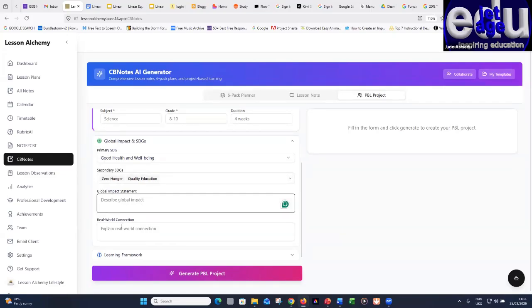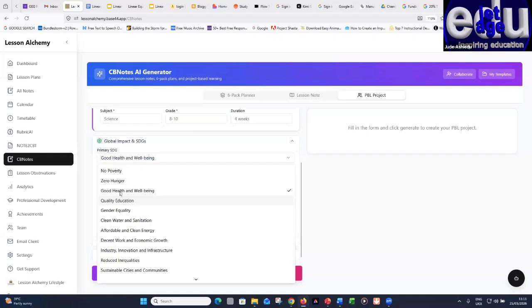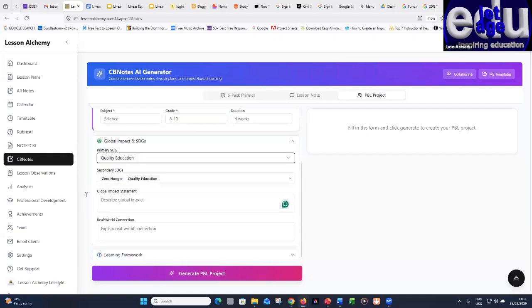So the classes you had yesterday, on Monday, when you were talking about project-based learning, you can use this to align your project-based learning goals to a global standard with the SDG goals, which is provided on Lesson Alchemy. So it's going to create a project for you that is tailored towards your topic and the global